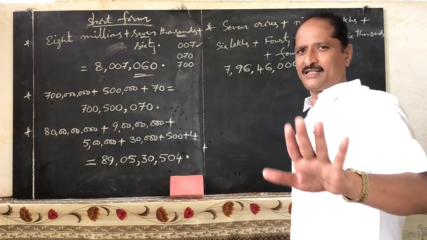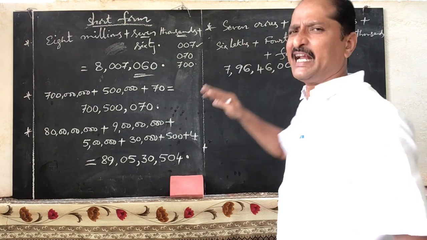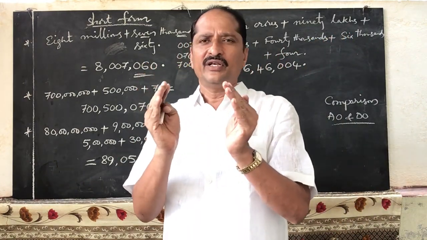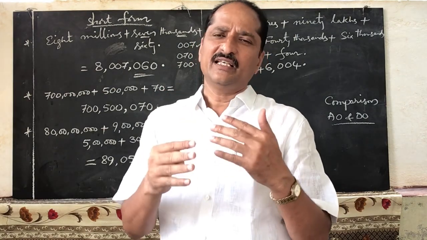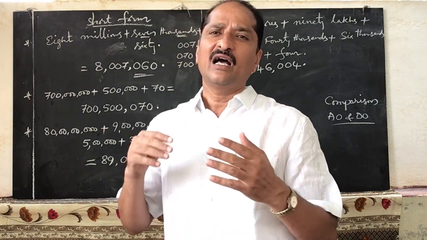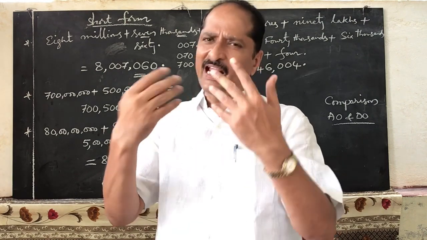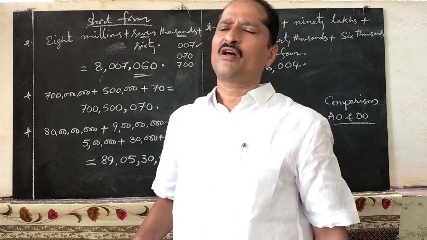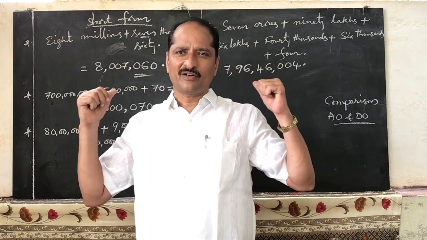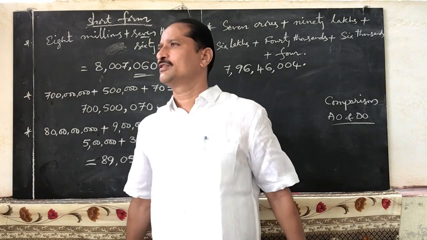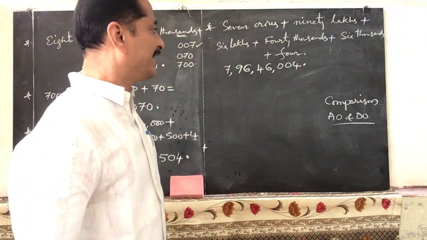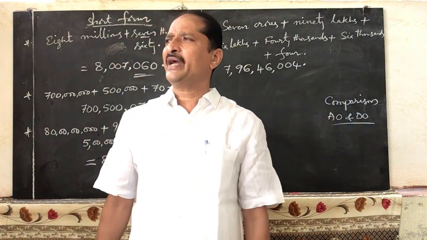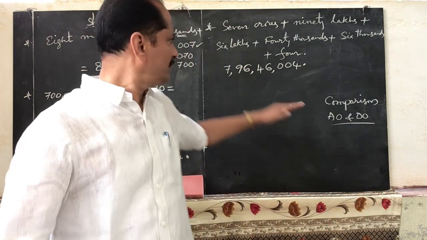So this is the short form of the given question. Understood? Understood everybody? So like this you can write different questions. Now after knowing the introduction, in the worksheets, in your textbook, or in any other book you can take different types of questions you will get like this. For all those questions you can write down short form in this method. Okay, now again comparison, ascending and descending orders are there, that also we can see now. So comparison of numbers you can see.